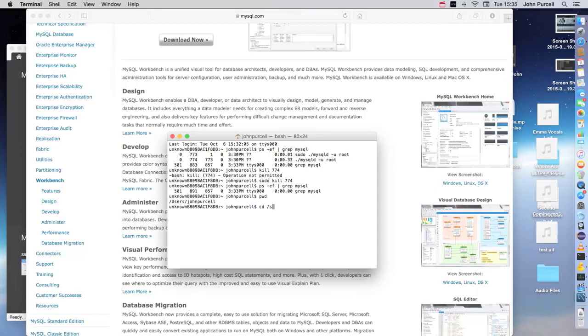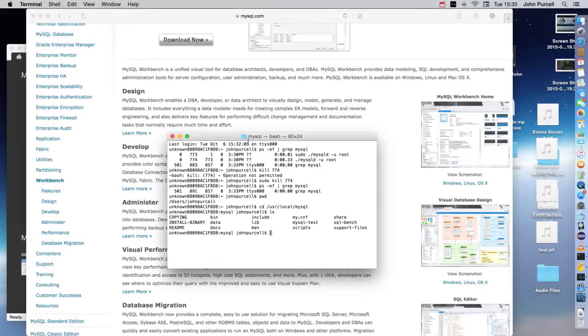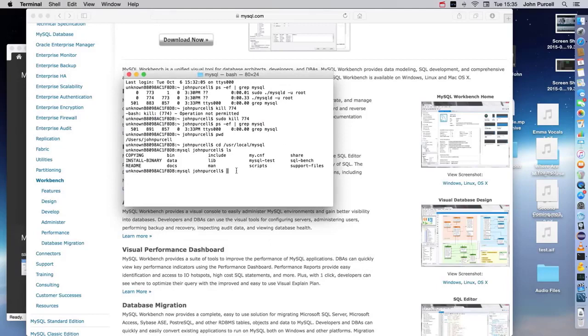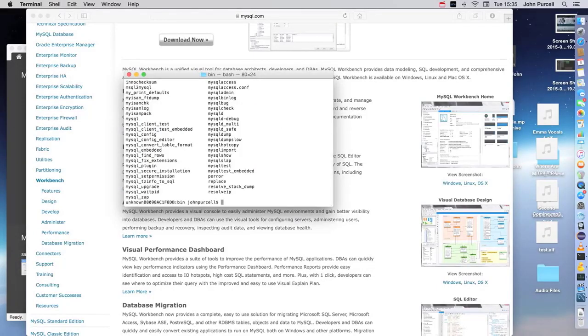I'm going to go to /usr/local/mysql, and of course on Windows the commands that you see here are going to be different. So you could either learn Windows console commands or just skip this tutorial. As I say, let's go to that directory. Here's my actual MySQL installation. Now if we go to bin here, we'll see there are lots of programs in there,